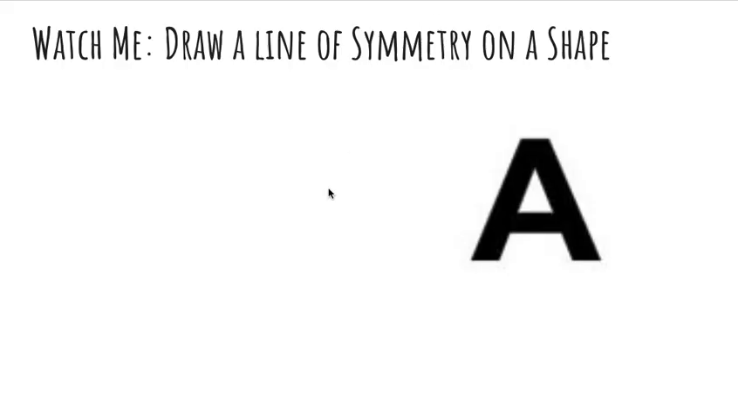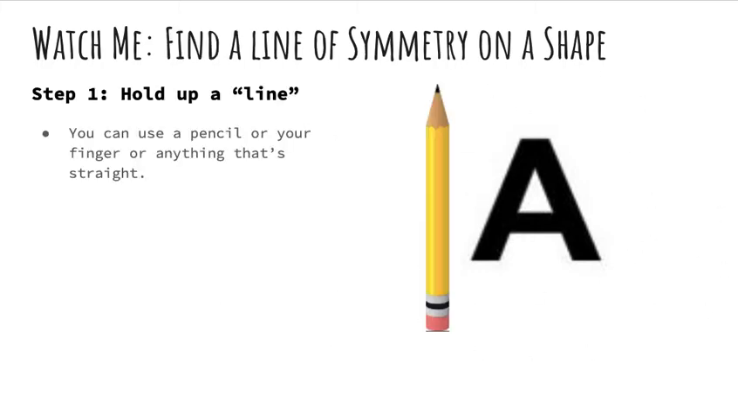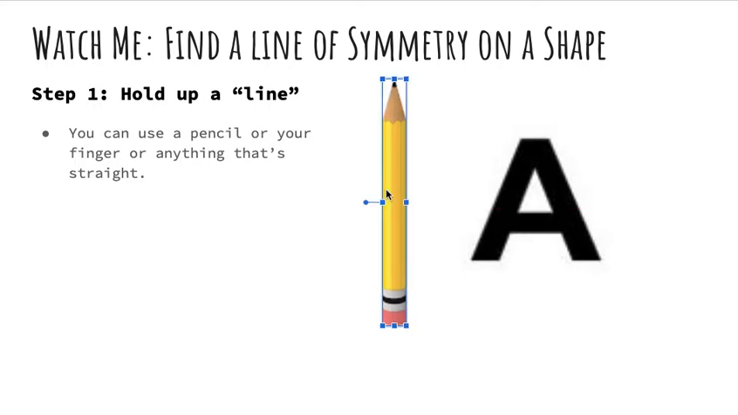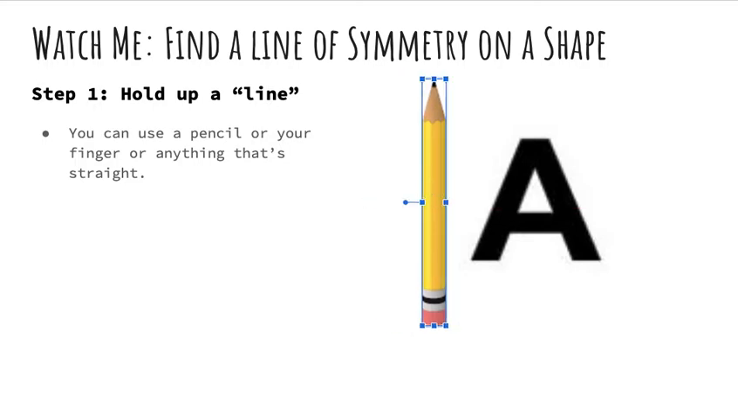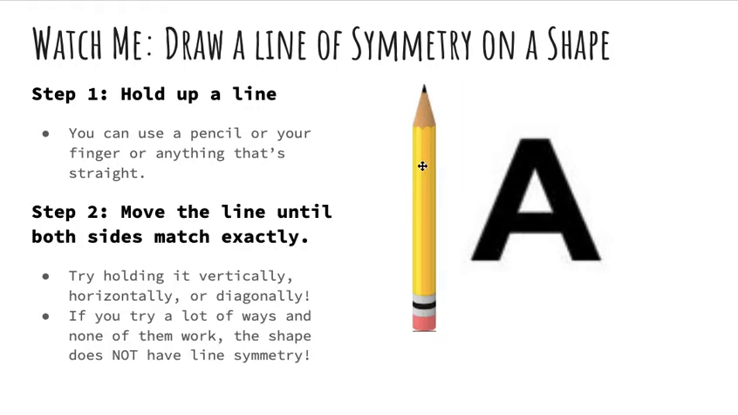Next, I want you to watch me draw a line of symmetry on a shape. Here my shape is an A. For this, just watch. My first step is to hold up a line. I'm going to use a pencil or my finger or anything that's straight. So here I have a picture of a pencil and I can move it around. My next step is to move that line or move that straight object until both sides of the shape I'm